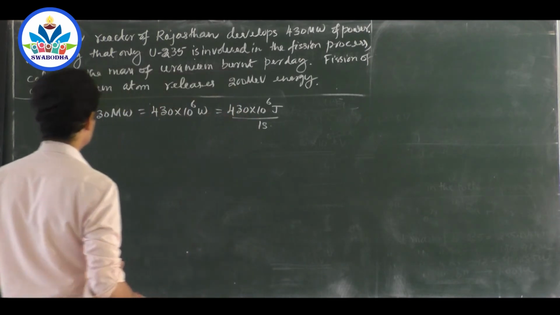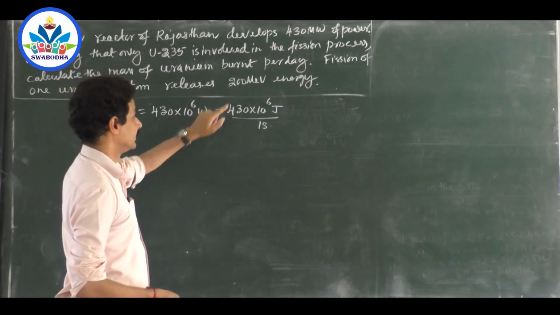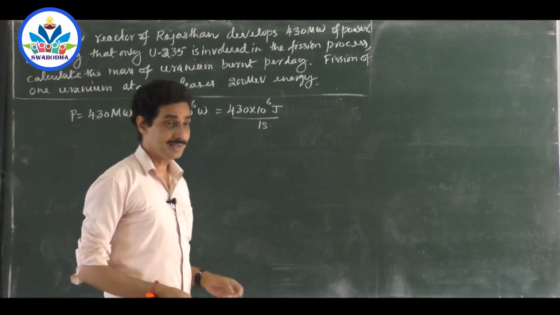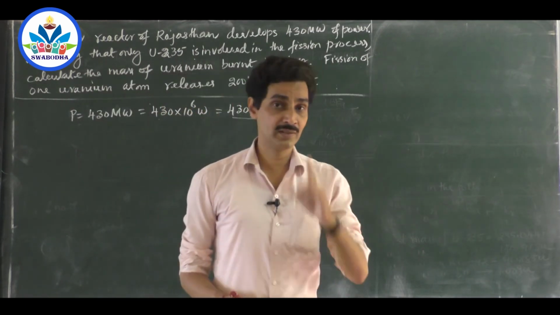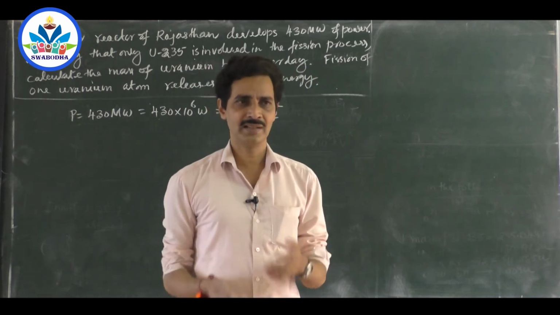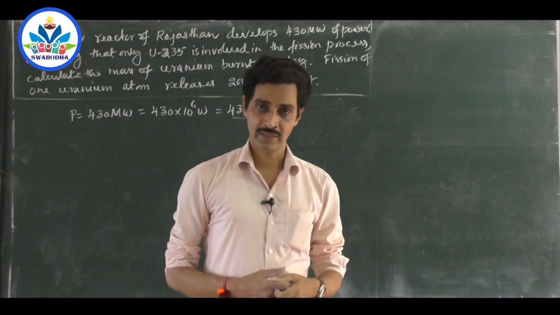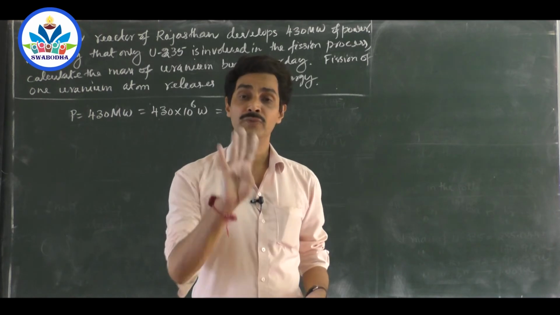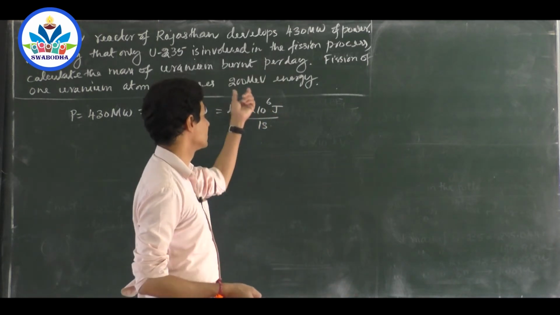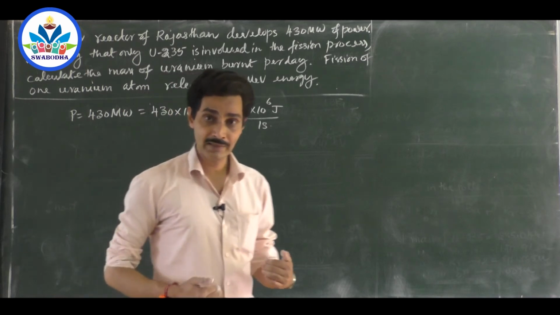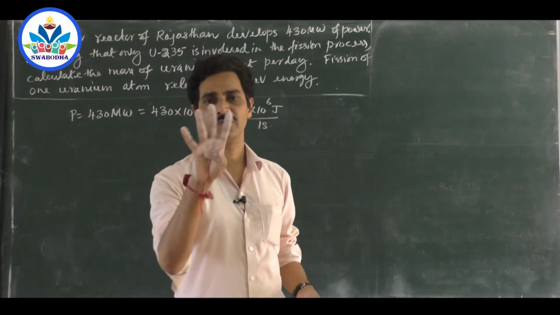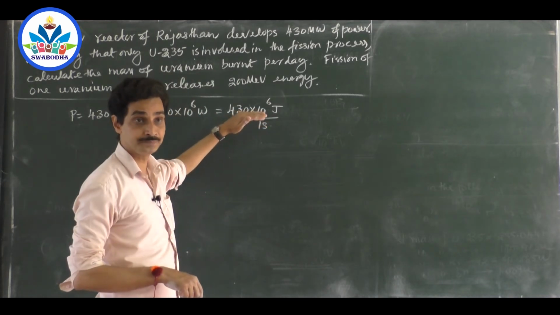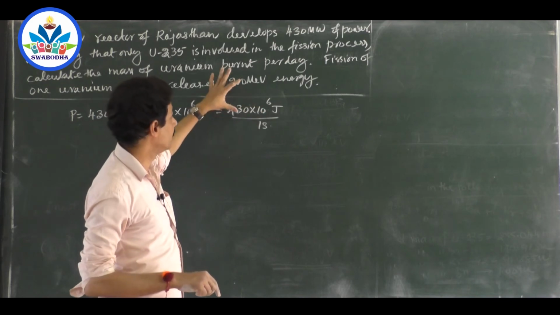Now what is the question now? Energy per fission is given. That means how many fissions will make this much energy? You see, 200 million electron volt of energy is released in one fission. Suppose I need, for some reason, 800 million electron volt of energy. How many fissions do I have to depend on? I have to depend on 4 fissions, because one fission produces 200 million electron volt of energy. I need 800 million electron volt, so I have to wait for 4 fissions to occur. Similarly, this much energy needs how many fissions to occur?